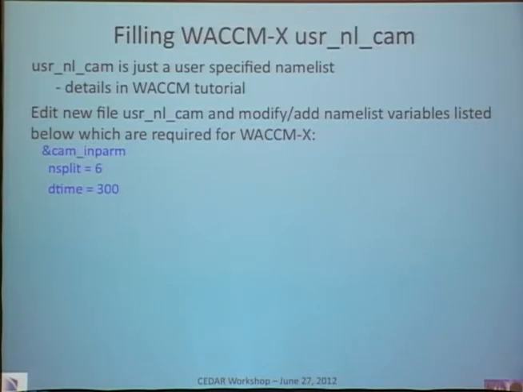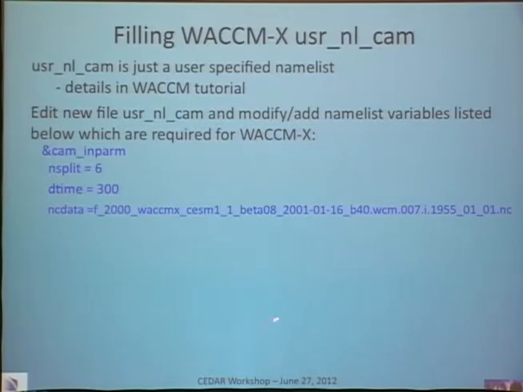WACCM and CAM use a half-hour time step, and we're using a 5-minute time step. We've done some playing around with a 15-minute time step, but for now, just changing this to 5 minutes is the safest thing to do. And then here is the last changed WACCM entry, and that's this NC data file, which is the initial conditions file